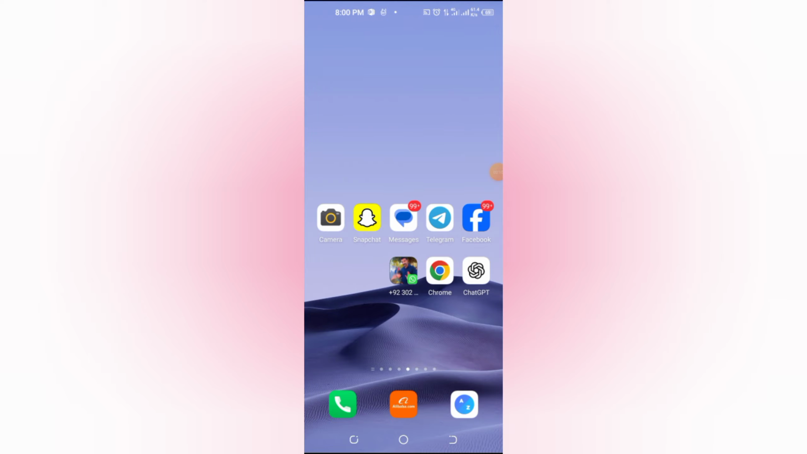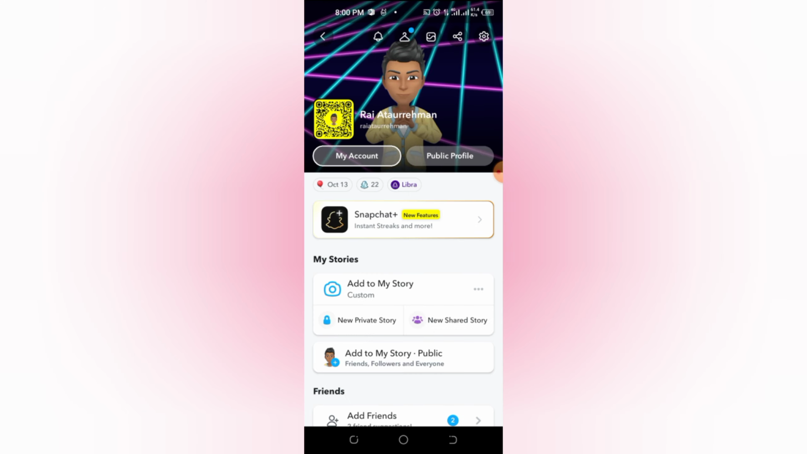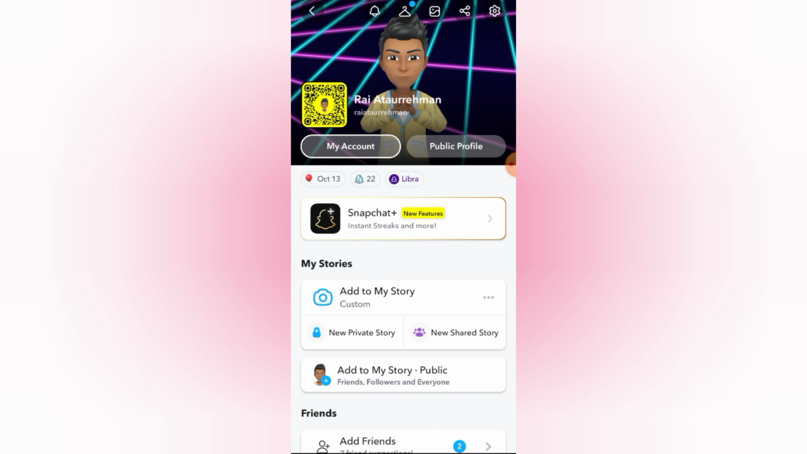How to fix Snapchat due to repeated failed attempts. Easy solution. If you're seeing the message, "Due to repeated failed attempts, your access to Snapchat is temporarily disabled," don't worry. I'll show you how to fix it quickly and easily. This error usually shows up when you or someone else has tried logging into your Snapchat account too many times